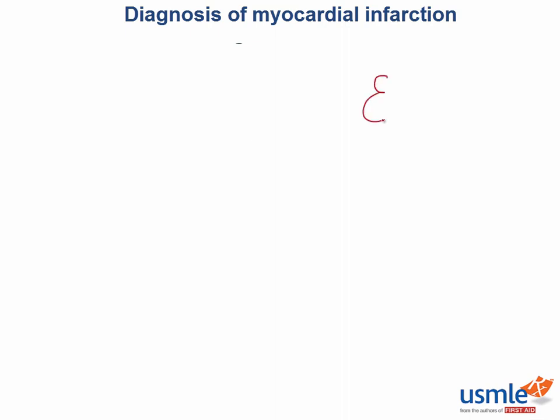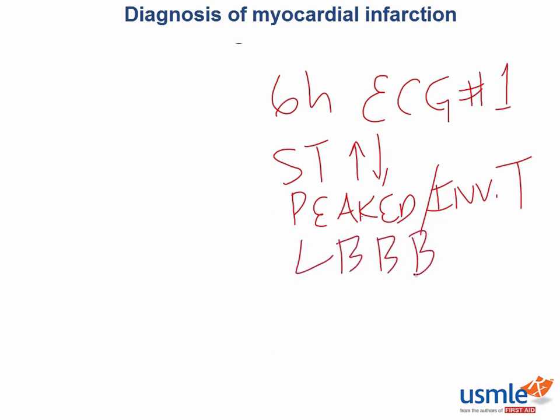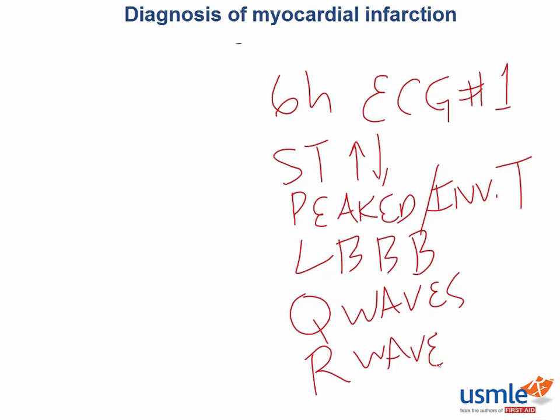This is why the electrocardiogram is the gold standard for the first 6 hours. Now, watch out for ST elevation or depression, peaked or inverted T waves, a new left bundle branch block, pathologic Q waves, or poor R wave progression. I previously included the electrophysiology behind these findings, but it takes way too long and it's not worth your time. Most of these questions will describe some of these findings or show you something very simple, such as ST depression,